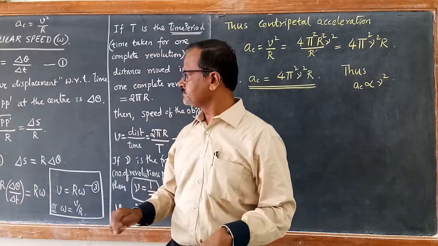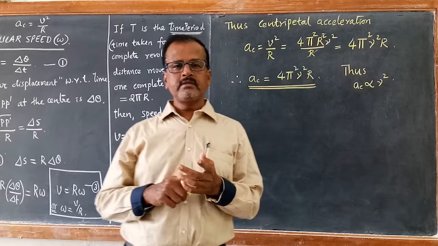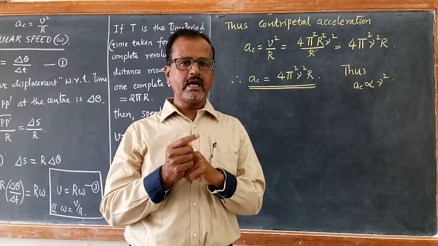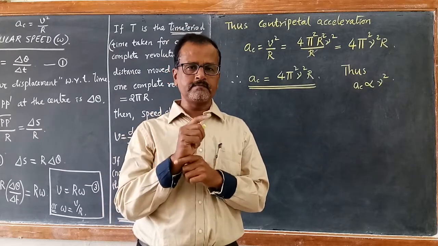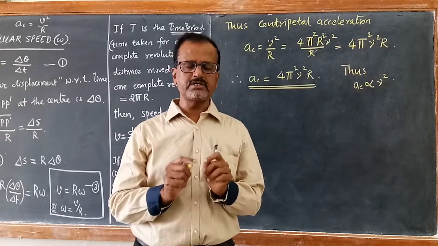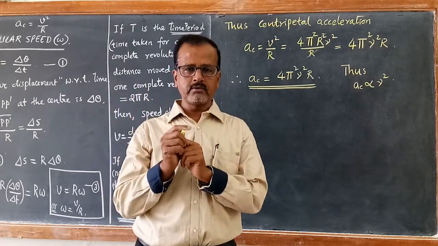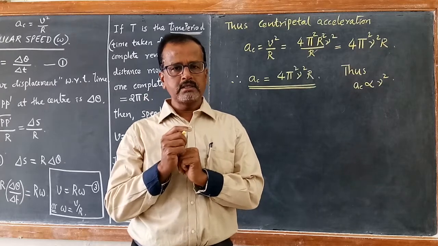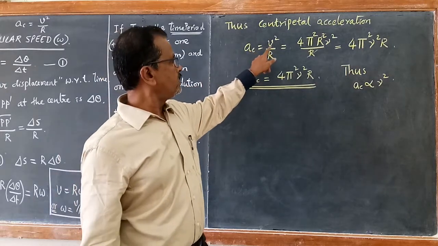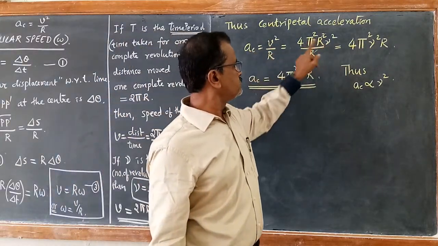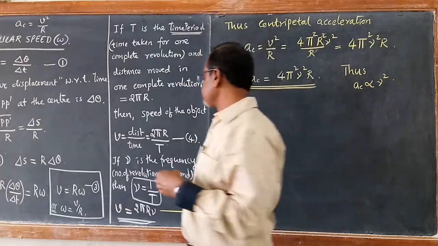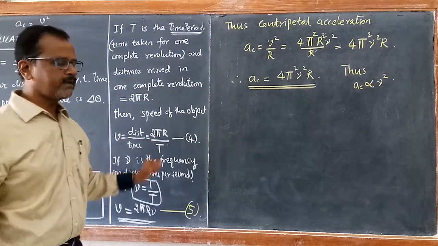And today we have learned what is the relation between speed and angular speed. We have defined a new quantity, angular speed, as angular displacement by time taken, and thus we got the relation v equal to r omega. Substituting that v equal to r omega in this equation, we get 4 pi square r square nu square by r, where we got one more relation here, that is v equal to 2 pi r by T.